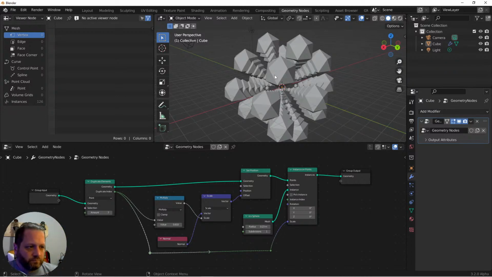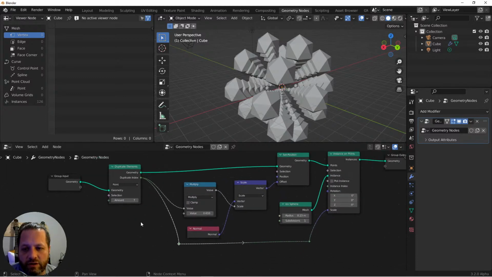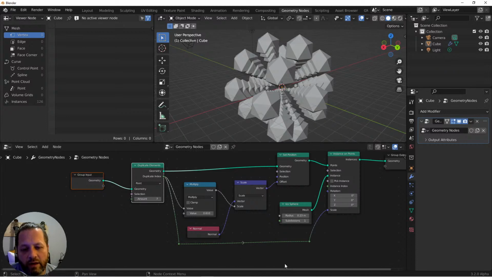So that's the basics of the points, and you can of course, when you do this with splines, you get about the same sort of thing going on. Of course, another interesting thing that this allows you to do, and some of the things you can do with,